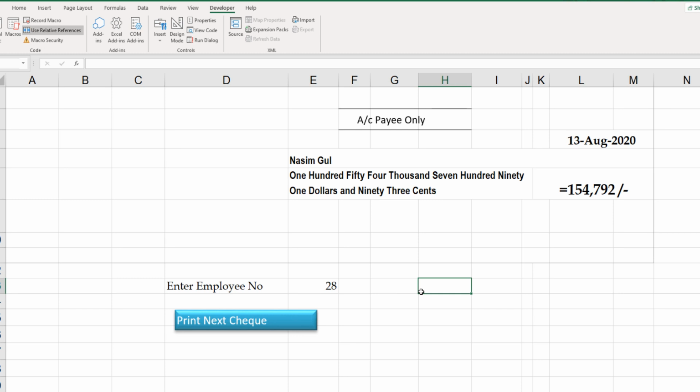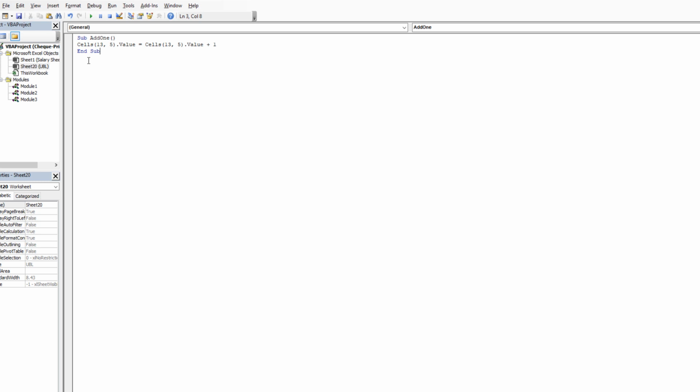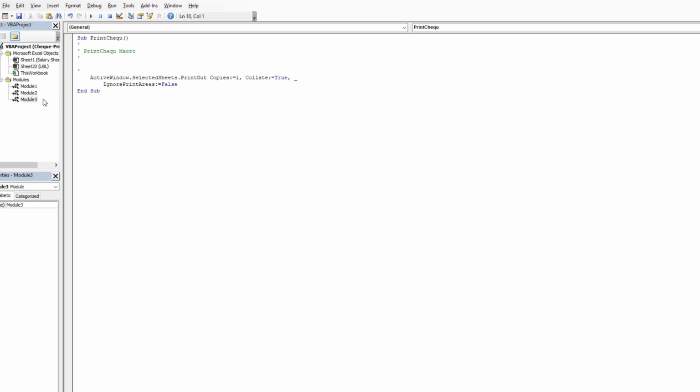In this macro, what we just did is to create a macro, print the current sheet, and then stop it. So let's go to this specific macro, Alt F11, and the print check was recorded in module 3. Don't worry, whatever module it is written into, you don't have to worry about that.